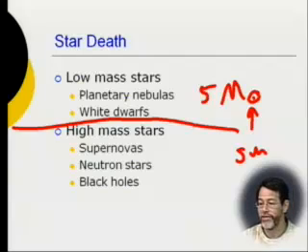So if you have a low-mass star, of which the sun is clearly less than 5 solar masses, the sun is exactly 1 solar mass, the sun will not go supernova. So you don't have to buy supernova insurance. So the people who keep calling you, asking you to update your supernova insurance, just say no. The sun will eventually, in about 5 billion years, cast off its outer envelopes. And it is debatable, actually, whether the outer envelopes, when the sun moves to red giant phase,